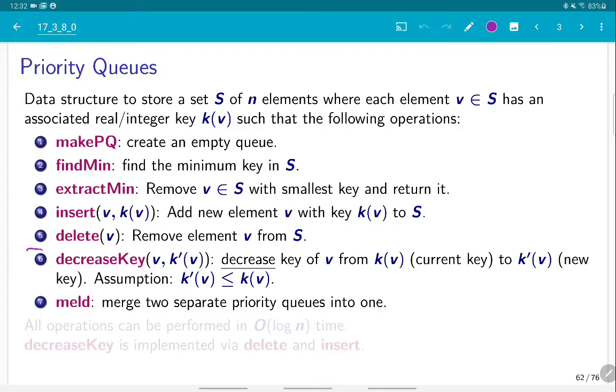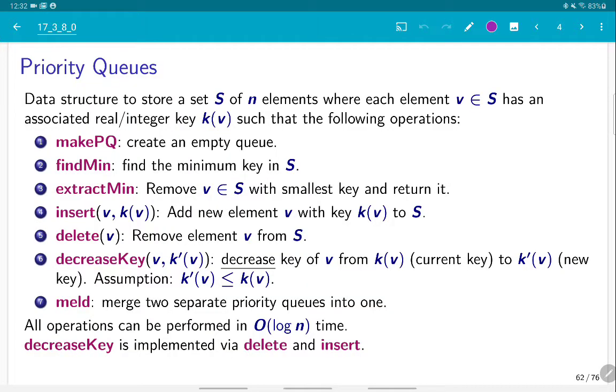And then, as I mentioned, Fibonacci heaps support decreasing the key. And some of them support interesting operations like merging two queues and so on,